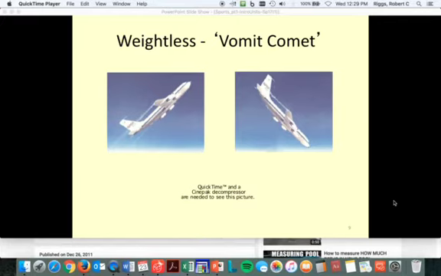Now, what I'm going to show you is when we can get weightless. There is a way to get weightless here within our atmosphere on Earth, and basically what we do is a really steep climb, and then a dive. All right. Now this is the fancy vomit comet. I'm going to show you another example of the weightlessness that can happen, and what happens is the airplane goes